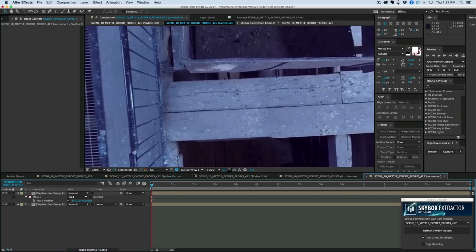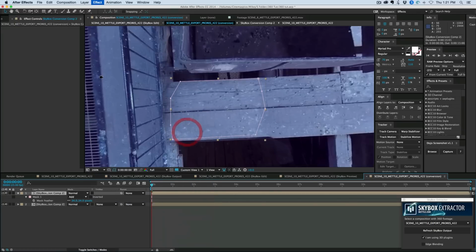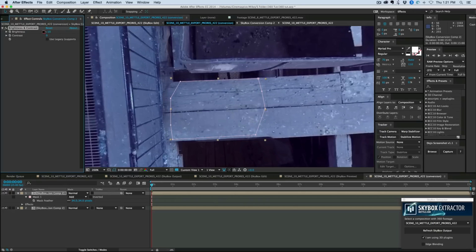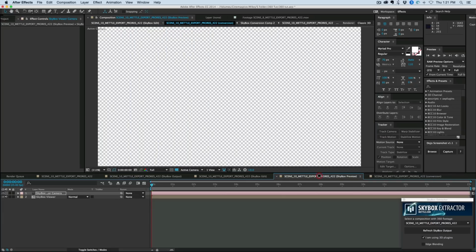So right off the bat, it's looking pretty good. I am going to go in and let's color correct this, just the brightness contrast, and make it a little bit darker, just so it blends in. Looking good. Now if we go over back to the preview,